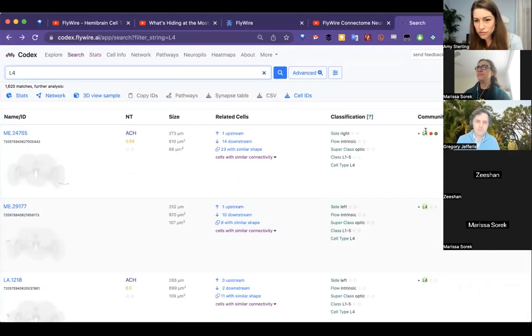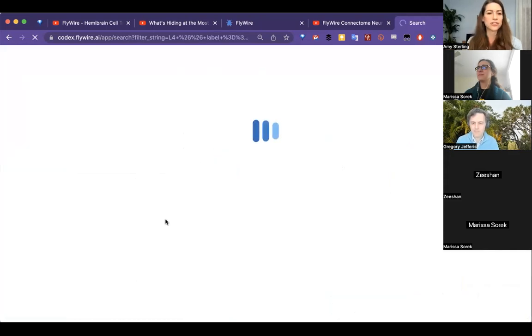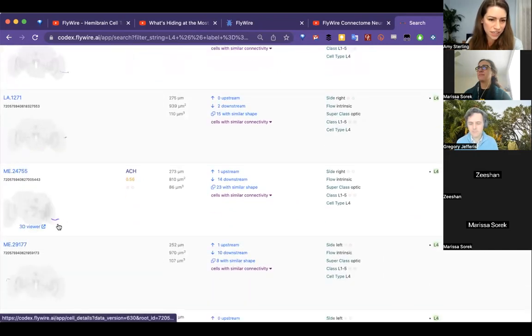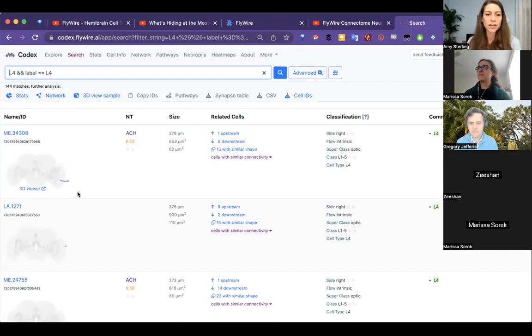So if you wanted just L4, only neurons that only had this label, you can hit this little green plus and that'll filter it down to only the L4. So 144 neurons that have been tagged L4. And on the results page, you can immediately see the up and downstream partners. You can see a bunch of classification tags from Greg's group, and any community labels that have been added show